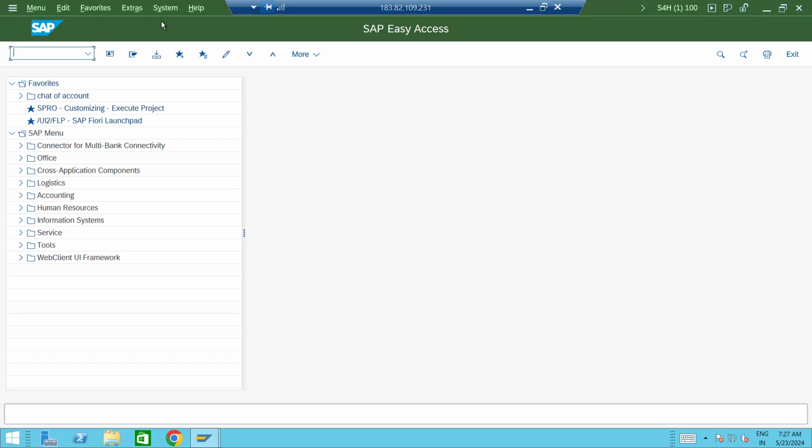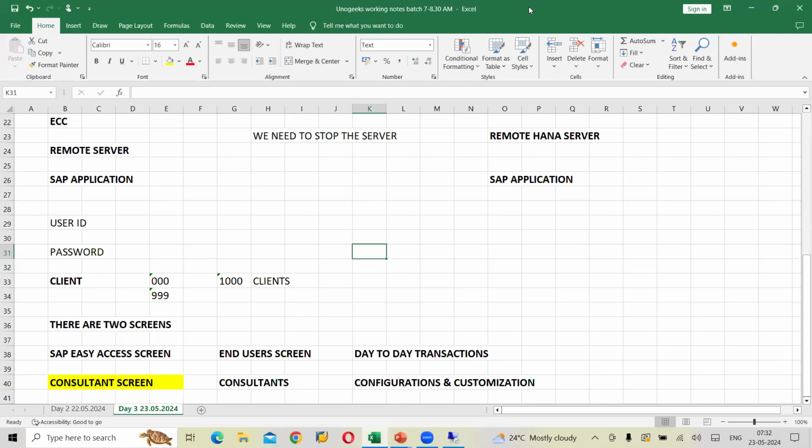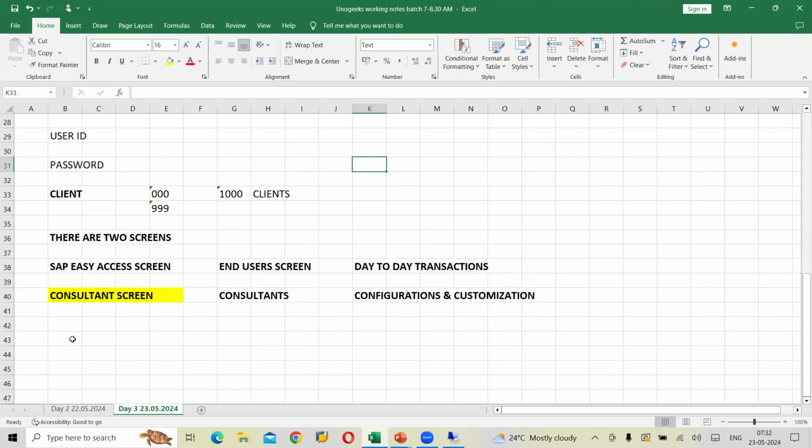So the first line, we call it a menu bar. You're able to see Menu, Edit, Favorites, Extras. This is considered the menu bar. I have mentioned this in the PPTs also. So the first line, we call it a menu bar. And the second line, we call it a